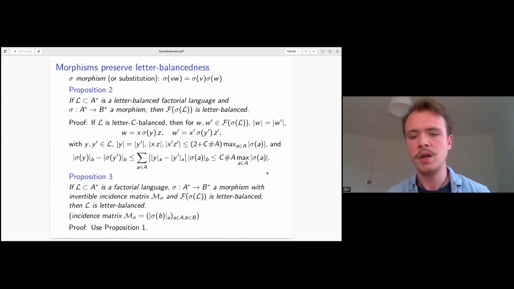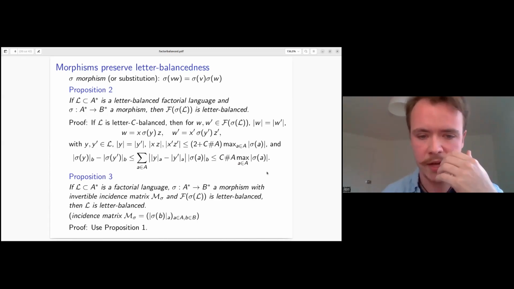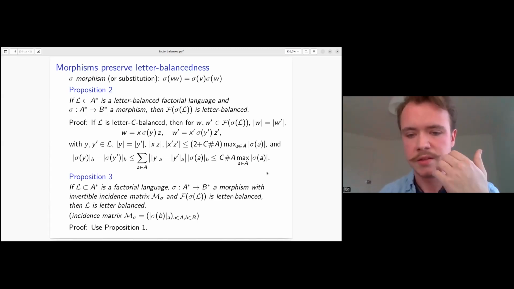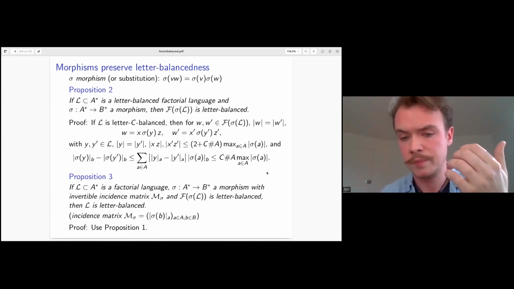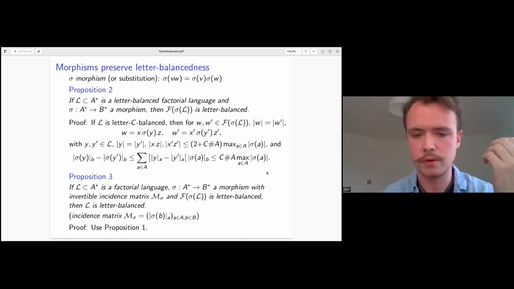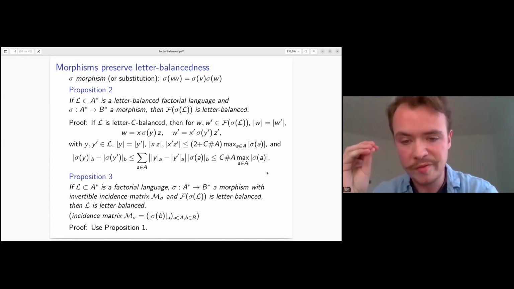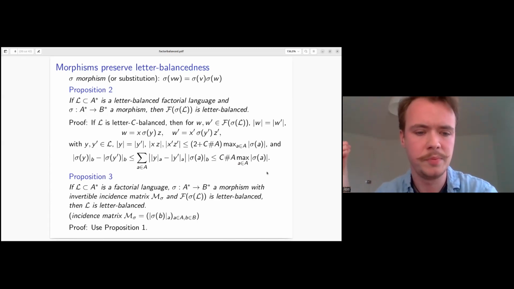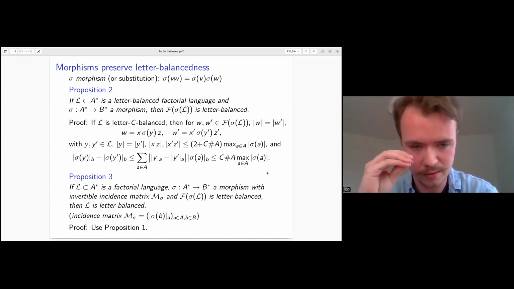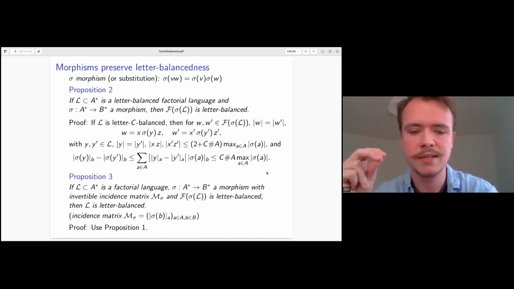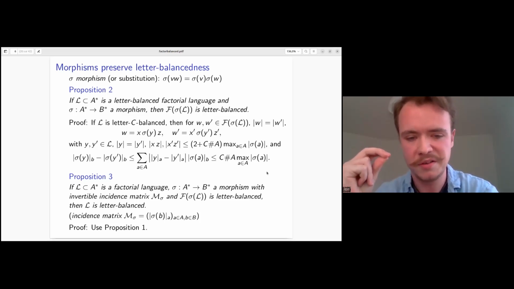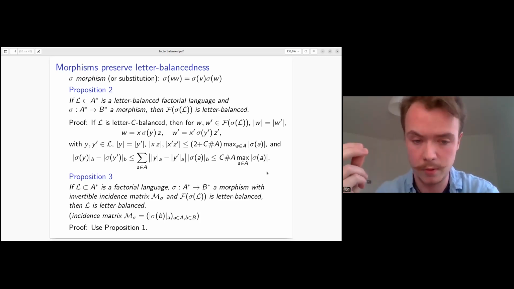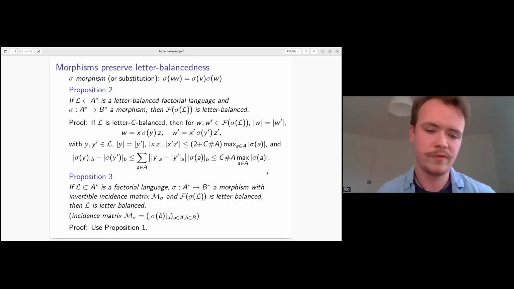reverse property. So if you have a language L that is a factorial language and sigma a substitution morphism between two alphabets, the fact of F of sigma of L being letter balanced is equivalent to L being letter balanced, as long as sigma has its incidence matrix being invertible. And the proof roughly only uses the